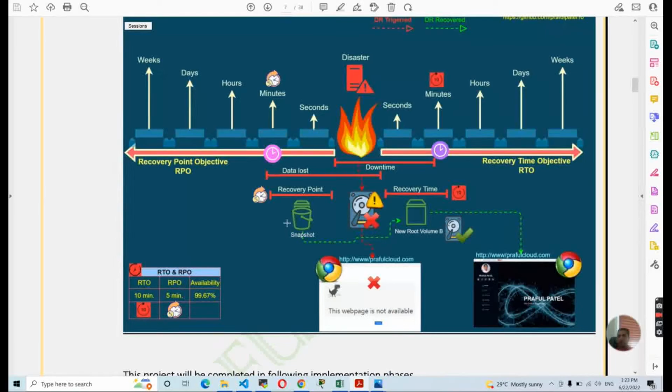so that is everything about the RPO and RTO. So the lower the RTO and RPO, within seconds, the higher it will cost, and when it is more than seconds, in minutes, hours, days and weeks, it will cost less. Okay,